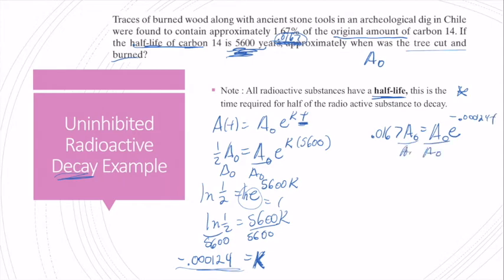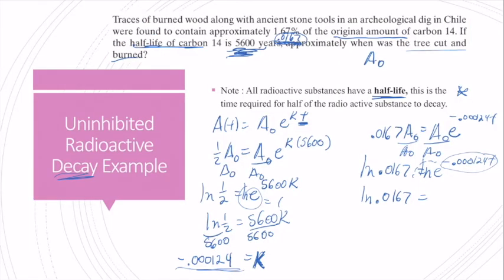I get 0.0167 equals e to the negative 0.000124t. I take the natural log of both sides. That gives me the natural log of 0.0167 equals, I move this to the front, the natural log of e is 1, so it goes away,